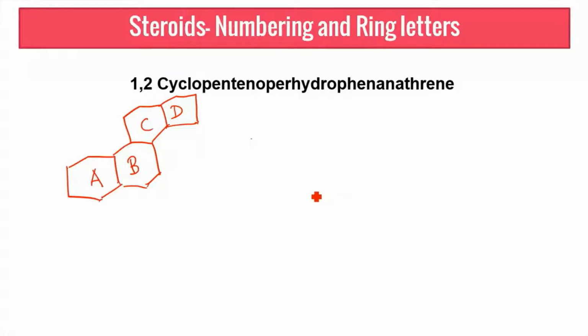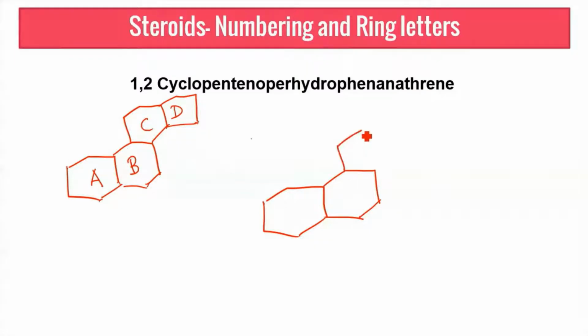In your syllabus, if you check closely, you will see one of the subheadings as reactions of ring A and B, or so and so reactions of steroids, which means reactions pertaining to these rings. So this is a universal nomenclature where we label the rings as A, B, C and D, irrespective of what the substituent on the ring is.